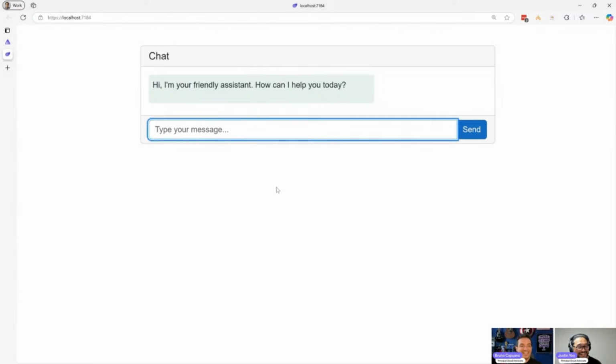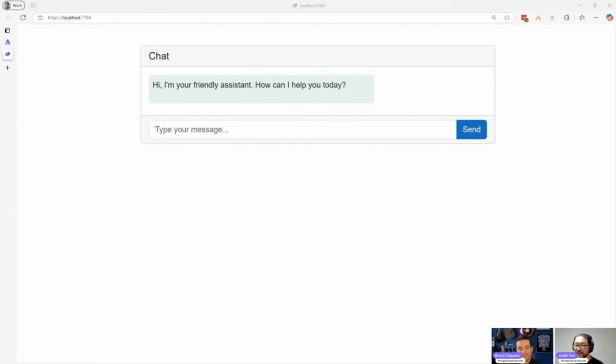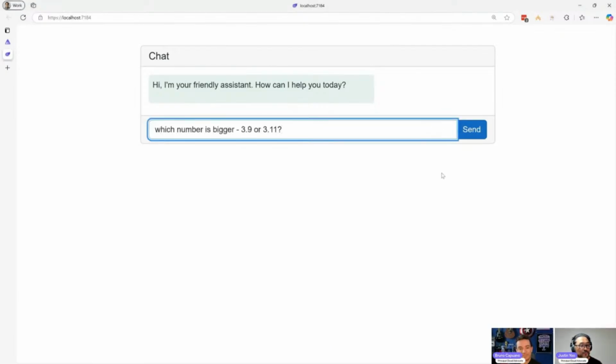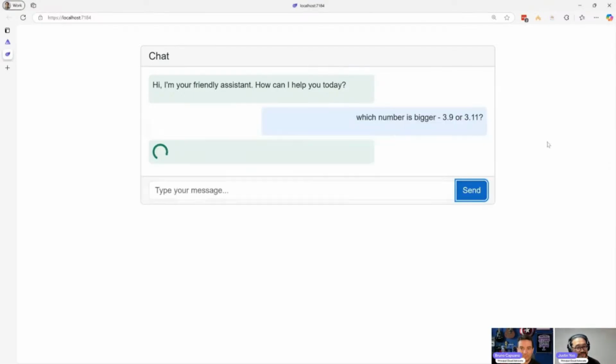There it is. So now I'm going to ask a very simple math question. Let's see how it goes. Which number is bigger, 3.9 or 3.11? As a human being, we know the answer. But as an LLM, it says,